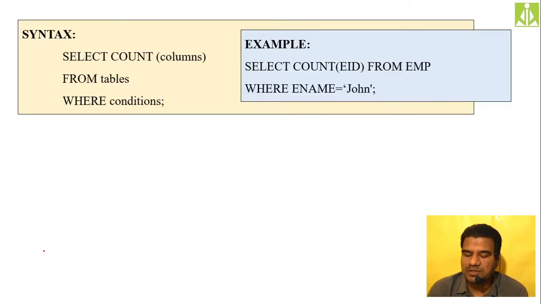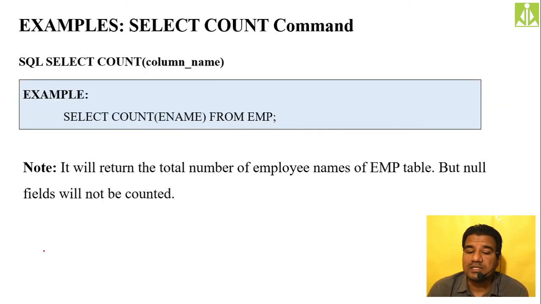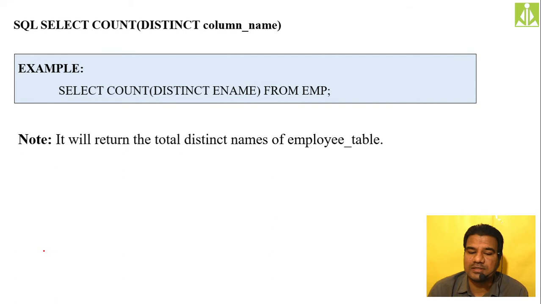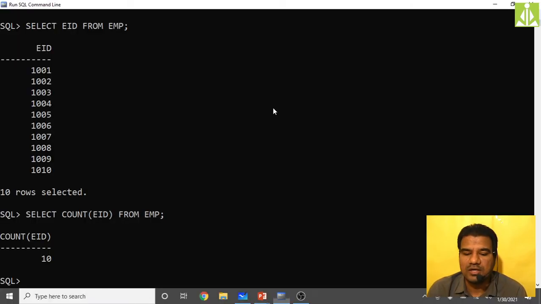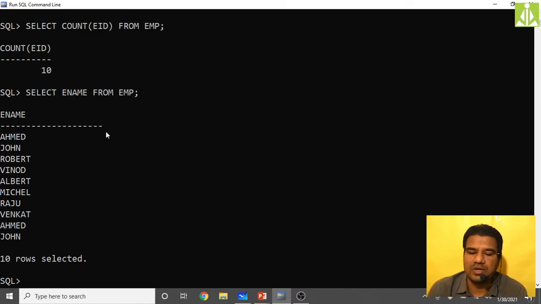There are some different examples we have for this count command, like 2 I guess, or 3. Select count of a column, we already practiced this without the where clause. Select count of ename from employee. I have shown you, isn't it? If you write select ename from employee like this, it will list all the employee names, 10 rows.